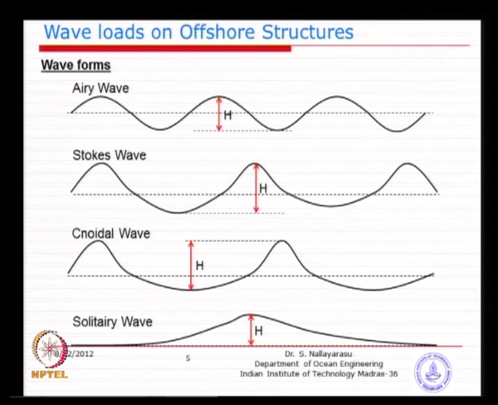These are special forms for which you could find equations in the textbooks, or you may be taught in the classes to derive. Similar ideas will be there. But what is the meaning of wave height? It is the height from the trough to crest that is called a wave height. You must remember this, because this is what we are going to use for our design purposes. So, basically the elevation difference between the trough to the crest. If you have gone to the beach, you will be able to recognize what is trough, what is crest.